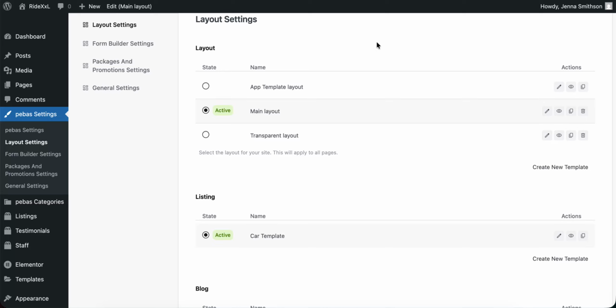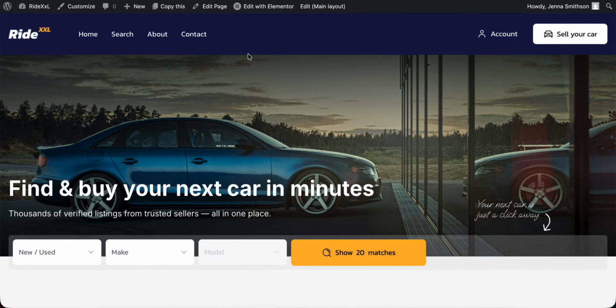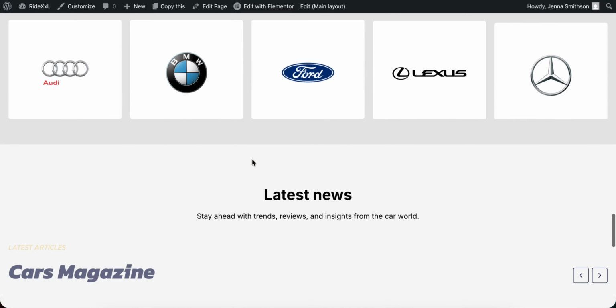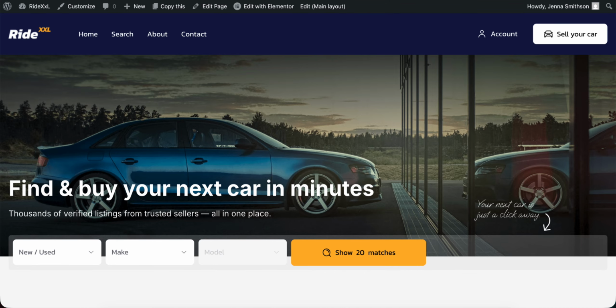Hello everyone, in this video I will try to explain the layout settings and how they apply to our themes. Okay, so essentially let's first start with the site main layout. The main layout of the site is the wrapper that will hold the content of every page on your website. So essentially if we go to the home page of this theme that we are using for the showcase, what will happen and what you can notice if you go to edit the main layout from here, for example,